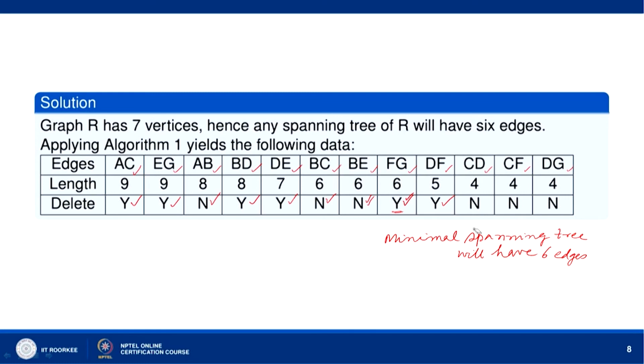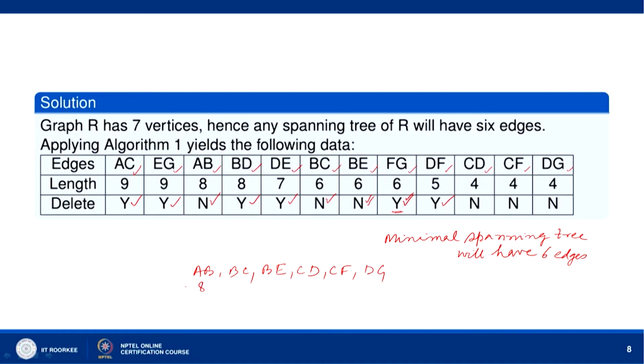So, we have altogether deleted 6 edges, and so 6 edges are remaining, and therefore the graph that we are getting after deleting the 6 edges is nothing but the minimal spanning tree. Okay. And the minimal spanning tree has edges AB, BC, BE, CD, and CF. Okay. So, these are the edges, and then DG, and their edges are labeled with numbers.